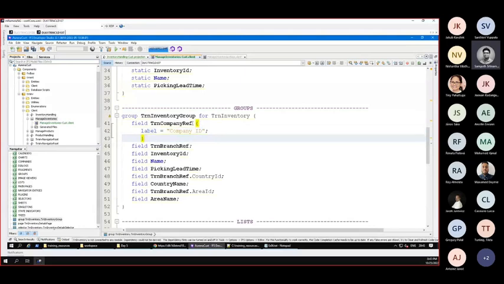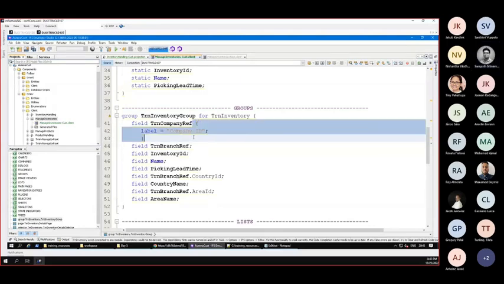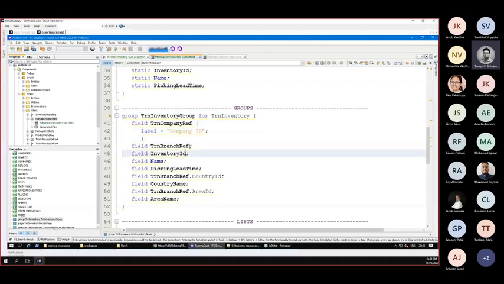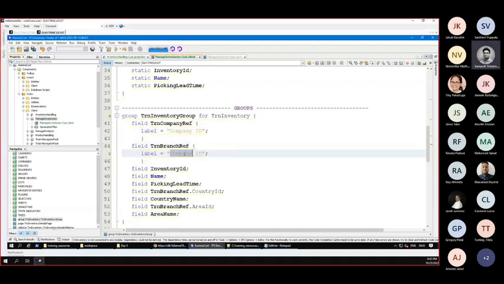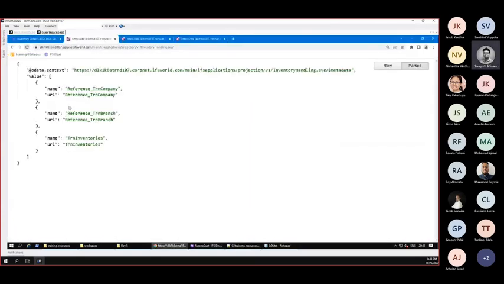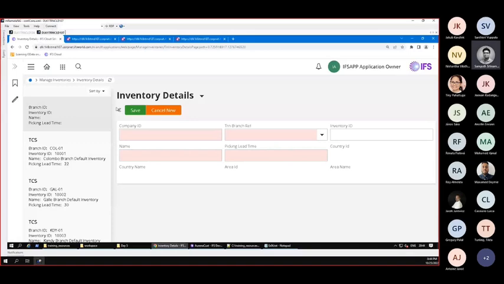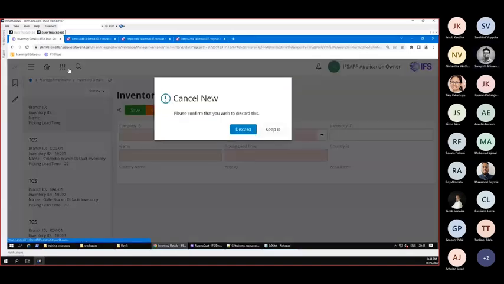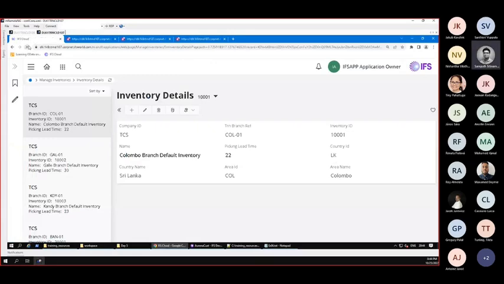And then I'll also do that for branch ref. So I need a branch ID label. Deploy that, and then it should work. Let's see now if our web service is working, the ODP service or data service. So let me refresh that,